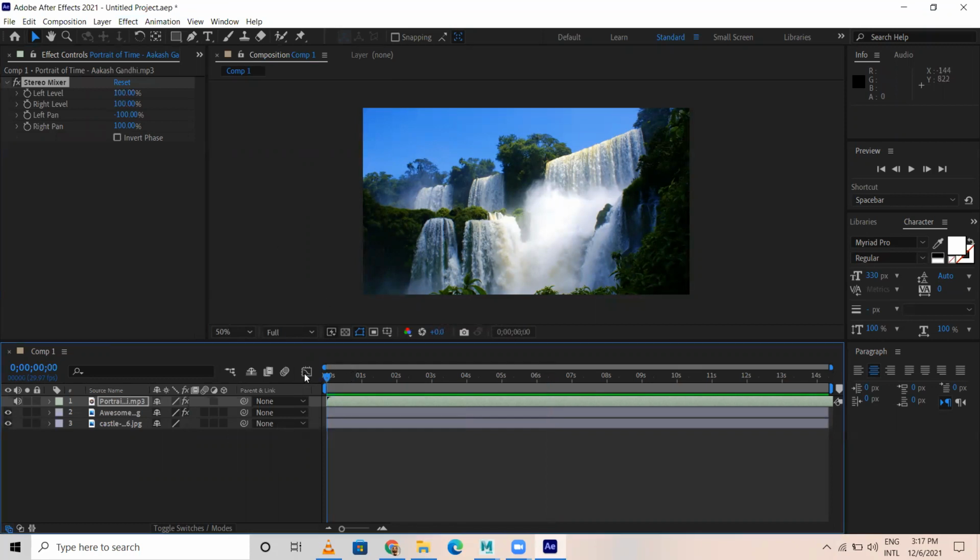What we can do is, left, we can reduce. Let's say I give a key here and somewhere here, I reduce left, and here right will be here, and in the beginning right will be 0, something like this.